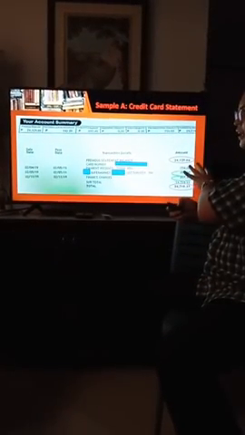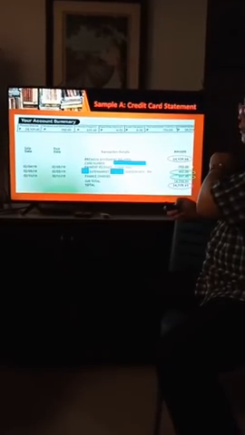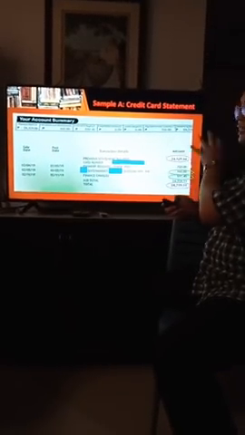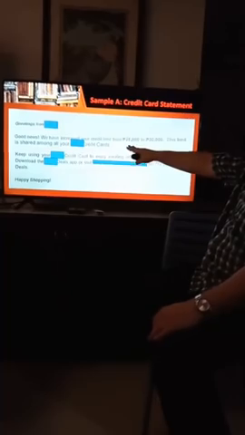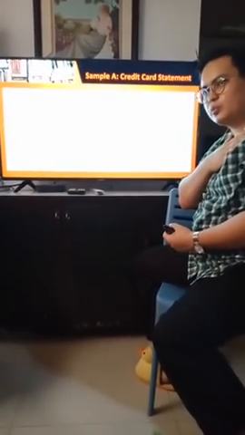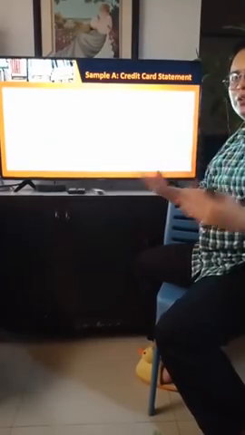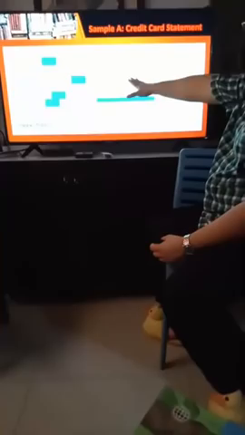Now, the story gets even more interesting, okay? Aside from this statement of account, there's also another paper that the credit card company sent to the client. And it is this paper, okay? Greetings from blank. Good news, you have increased your credit limit from 25,000 to 30,000. How does it begin? Good news. Okay, the letter begins with an encouragement. Take note, I'm the client, I am in deep debt, yet the letter to me begins with a note of encouragement. Okay? And look, the credit limit is even extended to 30,000 pesos.